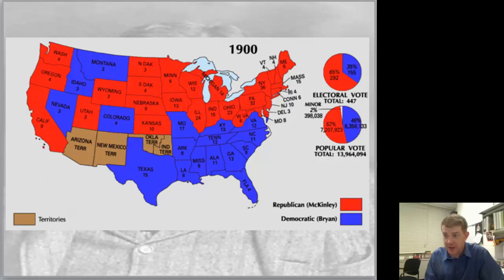Well, here's the results of the election of 1900. You can see that the Democratic Party still holds sway in the South, the solid South, and the Republicans are capturing the population centers, the urban centers in the industrial Northeast, and now this growing urban area in the Midwest, in addition to the far West. This is enough for them to garner a victory. You can see that the popular vote is pretty close, but the electoral vote isn't all that close. So they accomplished what they wanted to.